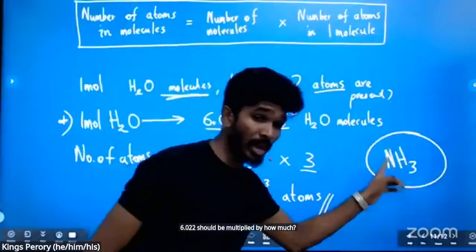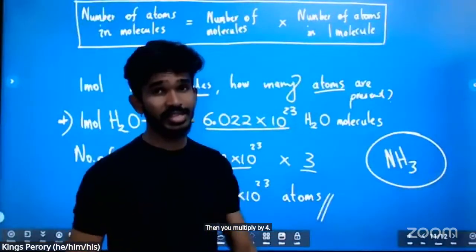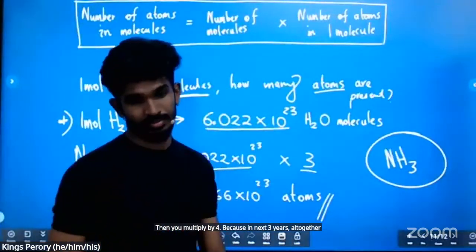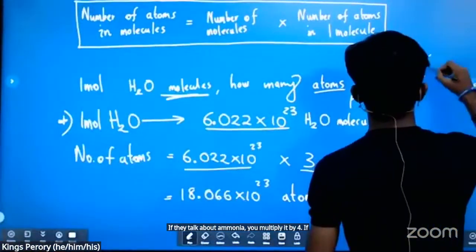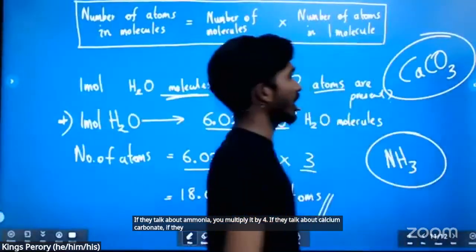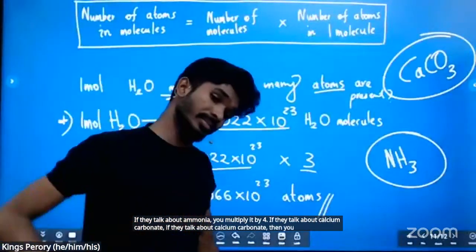Then you multiply by 4, because NH3 altogether has 4 atoms. If they talk about ammonia, you multiply by 4. If they talk about calcium carbonate, then you multiply by